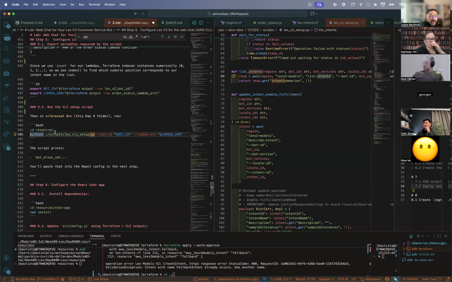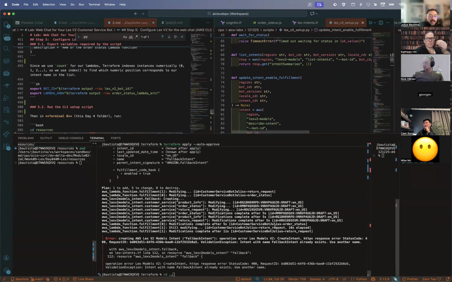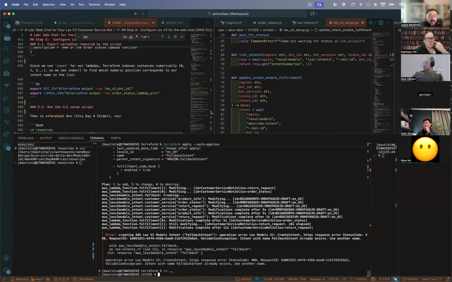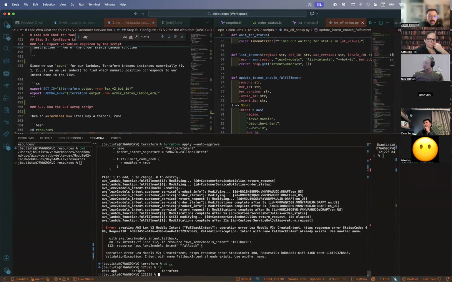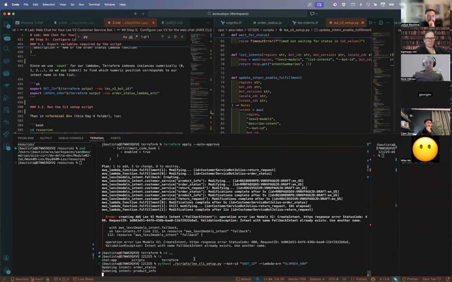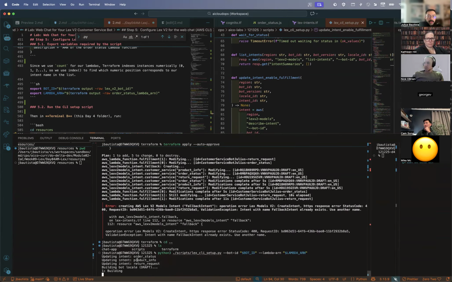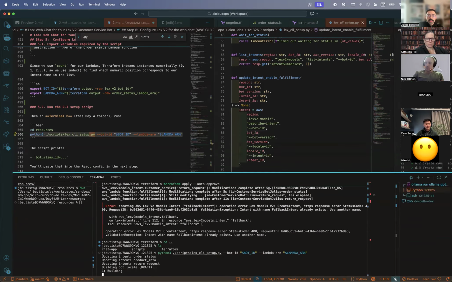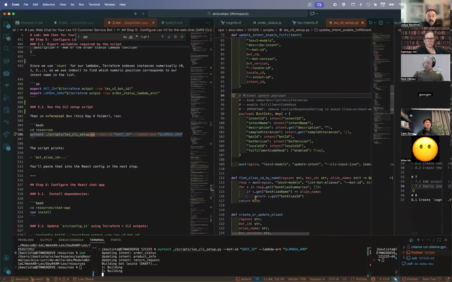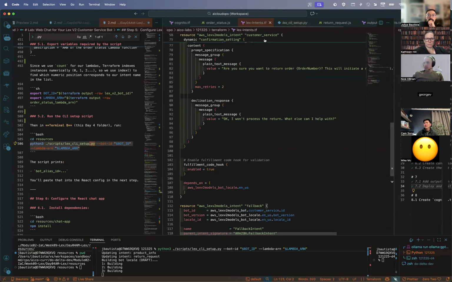All right, so we do this from resource directory. So that should be this. Okay, right. So it's not going to be updating that intent because it's not in the for loop. So I wonder if another way of doing this would be to,